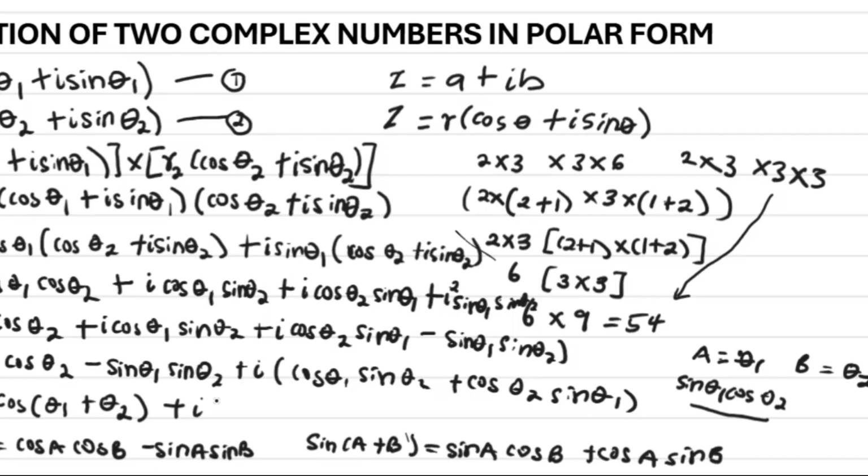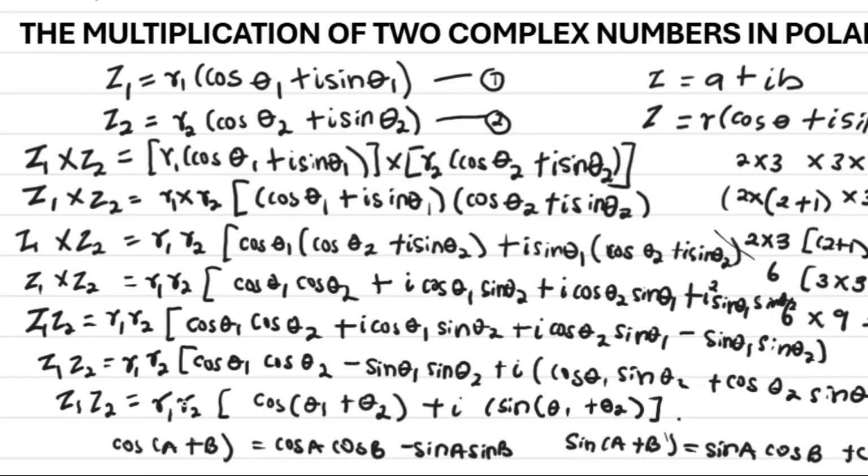So it means that this, after writing I, cos theta 1 sine theta 2 plus cos theta 2 sine theta 1 is the same thing as sine theta 1 plus what? Theta 2. So basically, this is the general form for the multiplication of two complex numbers. That is, when you are given two complex numbers in polar form, the product of Z1 and Z2 is going to be the product of their two lengths. Then you open your bracket, cos theta 1 plus theta 2, the summation of the two angles of inclination with reference to cos, then plus I sine theta 1 plus theta 2,